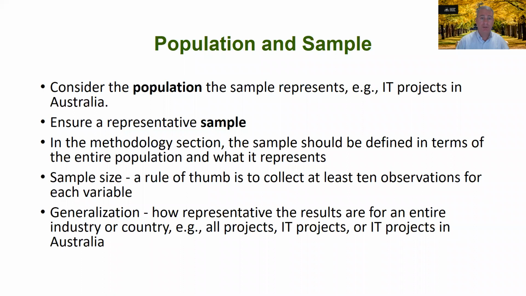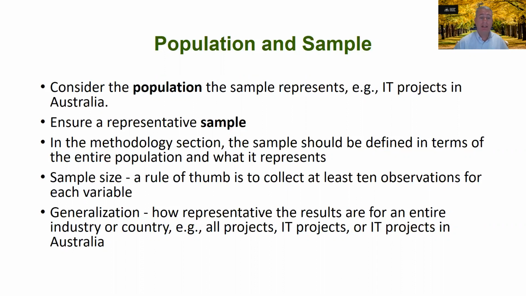First of all, you have to discuss and agree what the population is that you are targeting in this paper. Are you studying, for example, IT projects in Australia, or IT projects overall, or any type of project that you want to study? Once you know what the population is, then obviously you want to sample projects from this particular population. So in a sample, we may have 100 or 200 projects